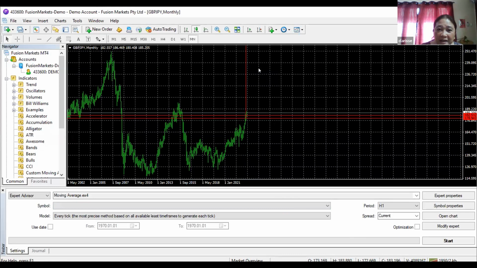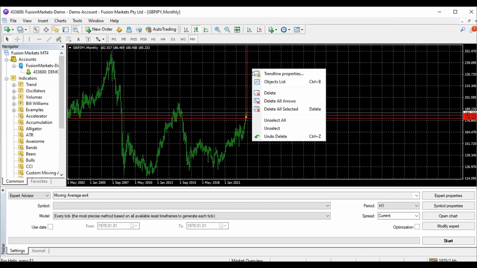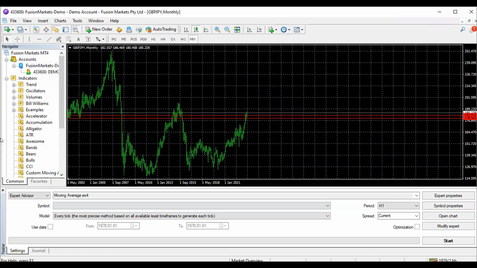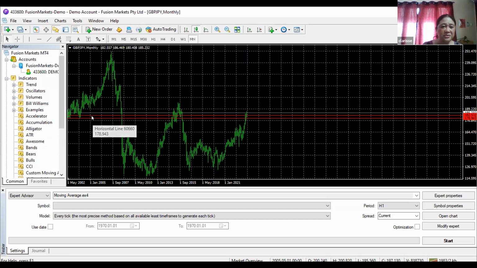At the end, there must be one dot appear. Otherwise, you can't do anything. Double click this one. Now right click. Delete. Yeah, there you go. I want to clean first my chart.